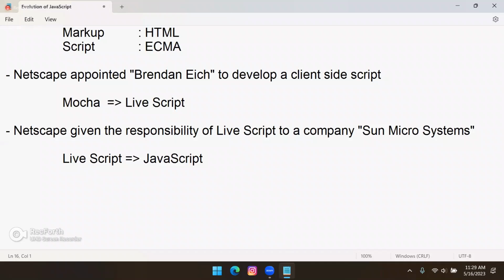So if anyone asks, is there any relation between Java and JavaScript? Why is it called JavaScript? There is no relation. The only point is, for several years, this company maintained that script, and for that, they named the script JavaScript. But what happened is, in the early 2000s,